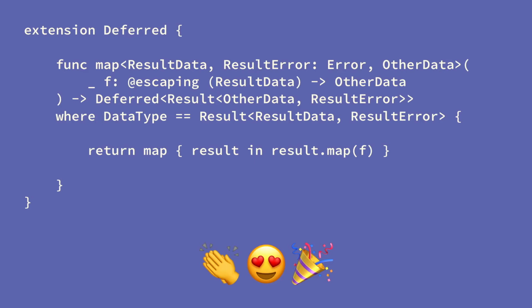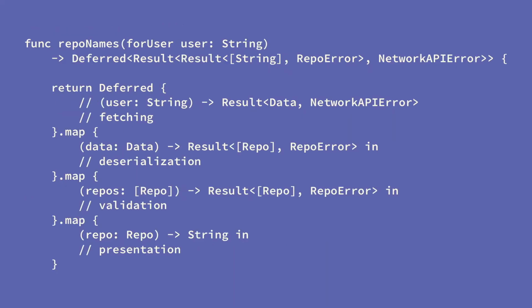So the one drawback, I mean, both methods have drawbacks, unfortunately. One drawback is that for each method, you need to write those signatures. So I would really love for Swift to have some kind of syntactic sugar that says you can just say Deferred where something like this, and it will just append those to the method signature. It's not working like that. Sorry. Anyway, but looking on the bright side, now we can express our whole logic, our fetching, deserializing, validating, and actual presentation in one chain, which is awesome.